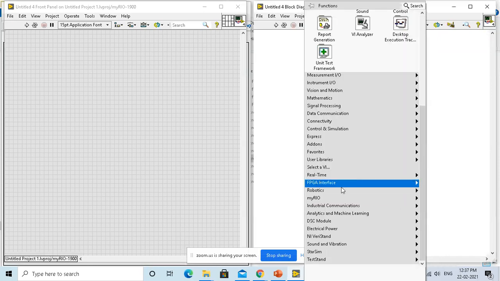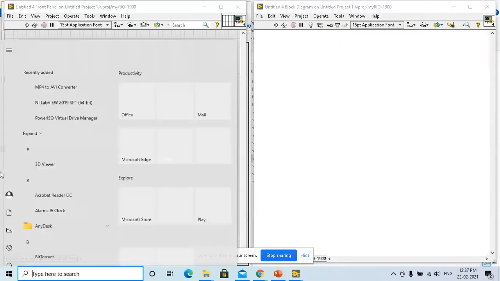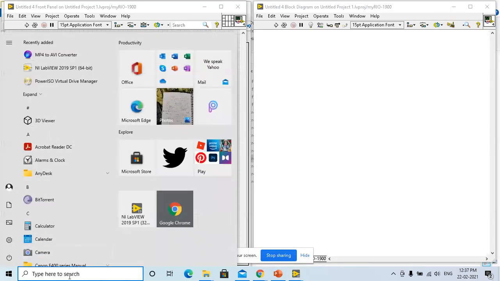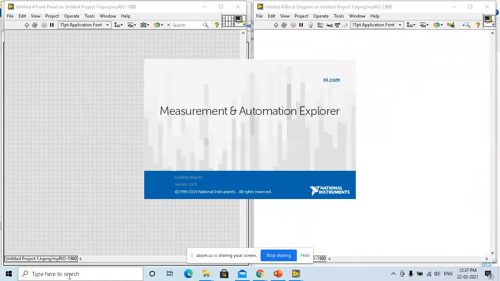Now what I'm going to do is acquire some sort of data and push it into the cloud, right? So how do I do that? First, I need to make sure I connect my myRIO to the internet. To do that, I cannot do it in LabVIEW. Rather, there's one more software tool called NI MAX, which actually helps me connect my myRIO to an internet service.